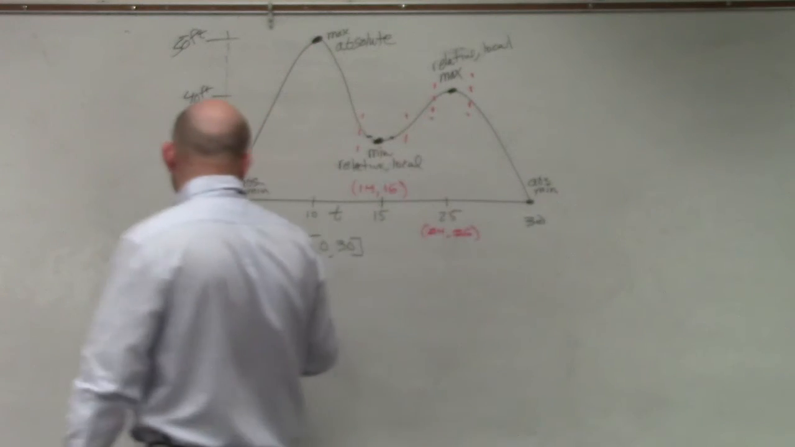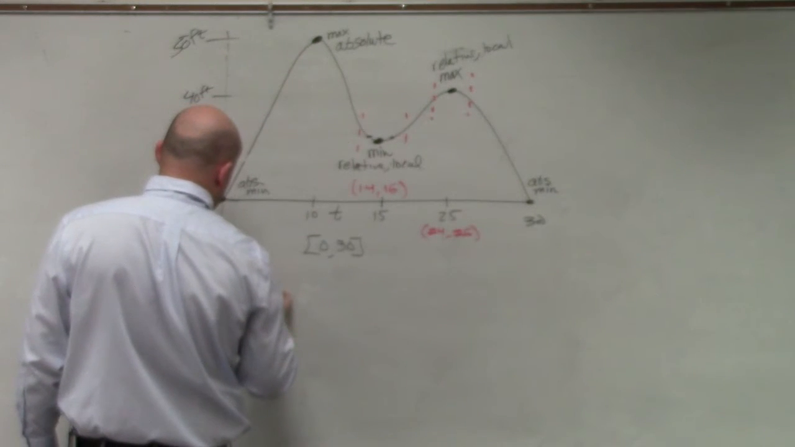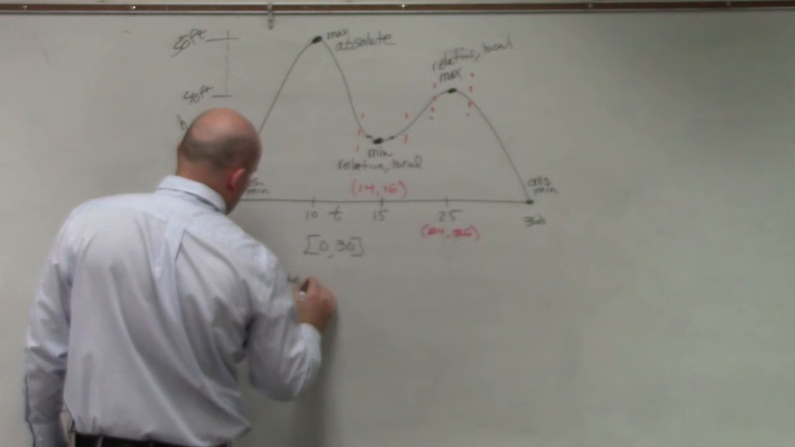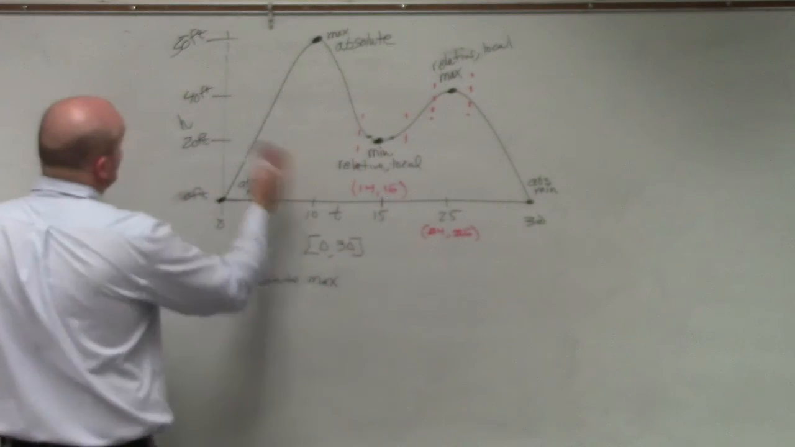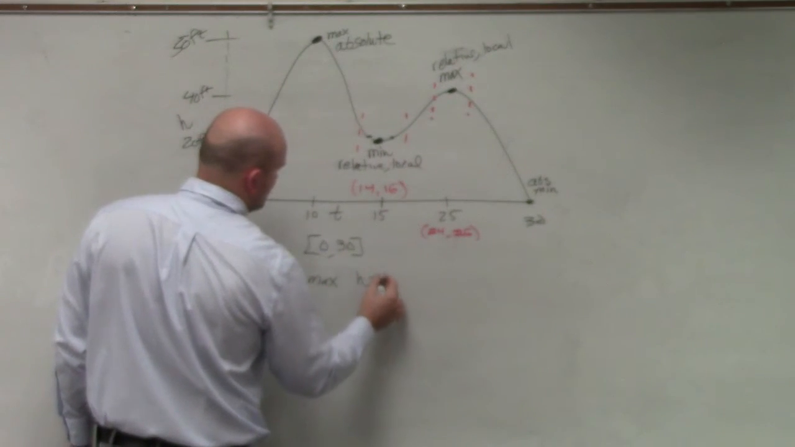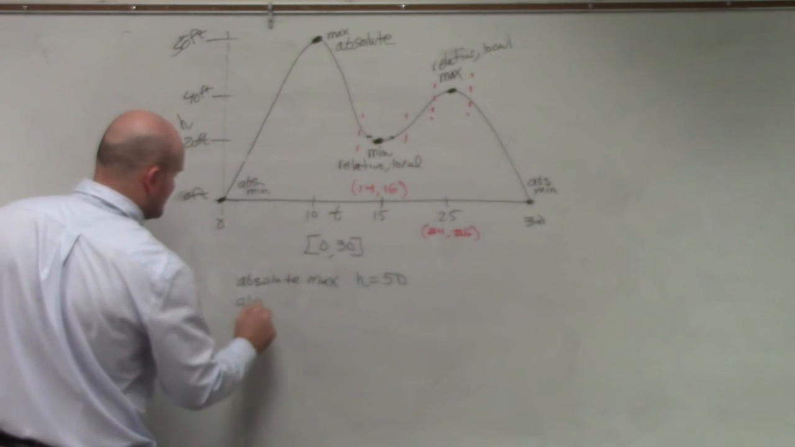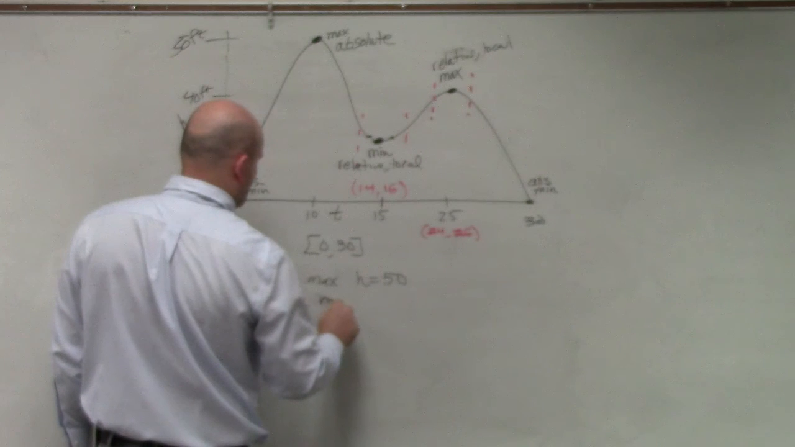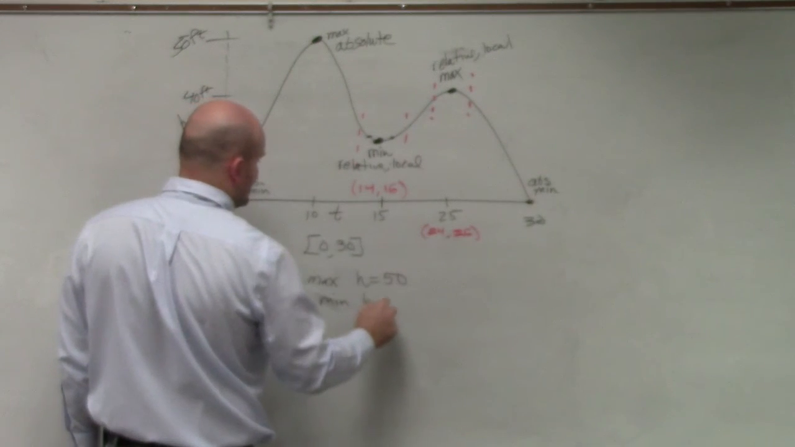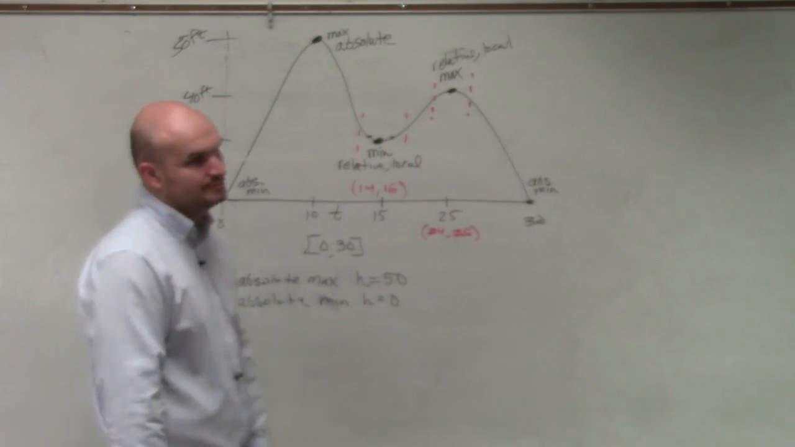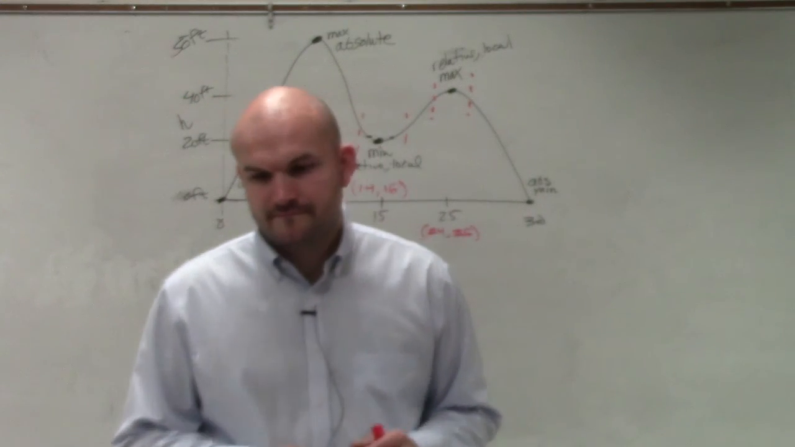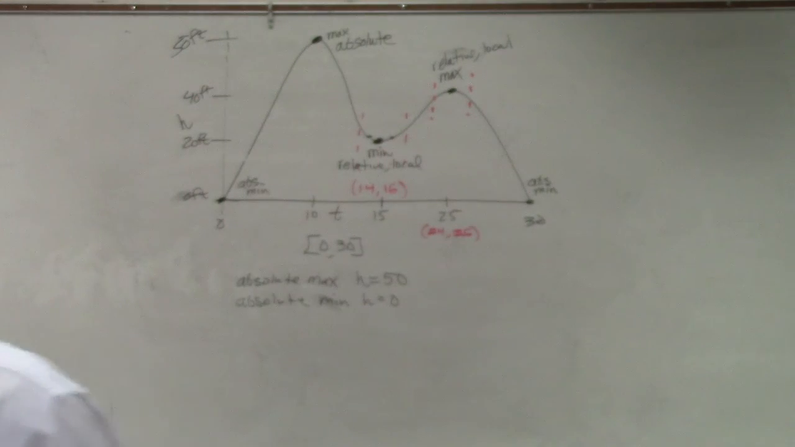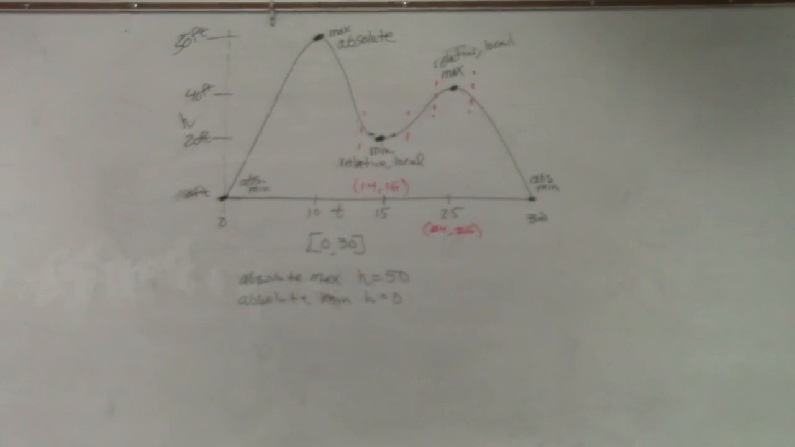And what a lot of times they'll say is, the absolute max, and we'll say h is equal to 50. And absolute min on this closed interval, h would equal 0. Okay? Now, it is important to understand